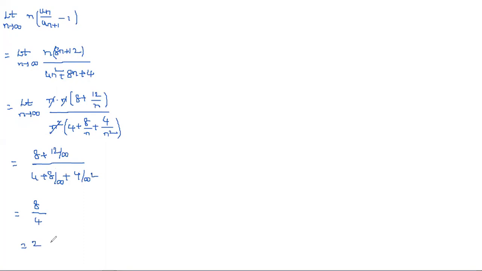So 2, is this greater than 1 or less than 1? Greater than 1. So simply what we can write? By Raabe's test, the given series is convergent. Why? Because there is no x term, this is not a special case. So directly the ratio test fails for the given series, and for that, by Raabe's test, the given series is convergent.